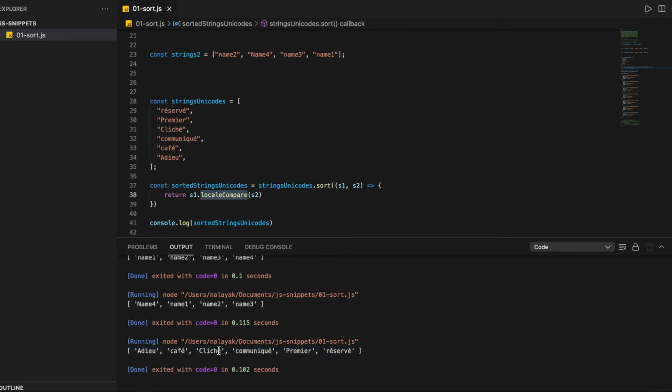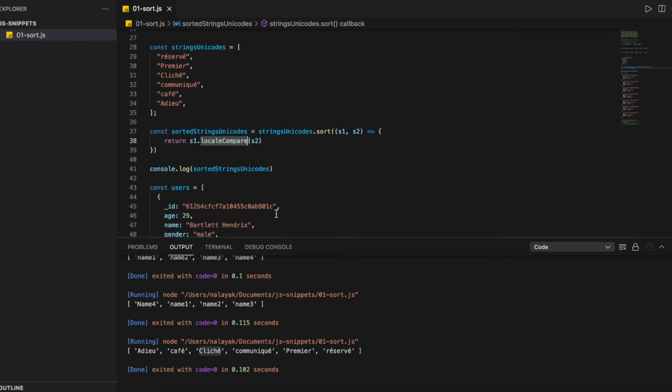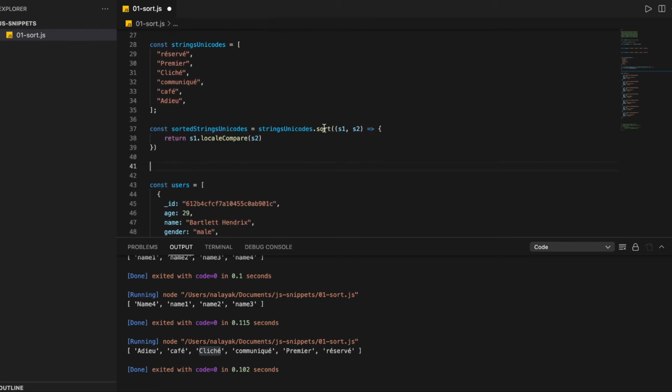This localeCompare not only checks the case sensitivity of the string, but at the same time it compares strings locale-wise, meaning that phonetically, if cafe is smaller than cliche, then it will be sorted based on the phonetic sound or locale of the string. So this is very useful when you're trying to compare two Unicode characters. You can basically use this custom sort function to sort any kind of array.